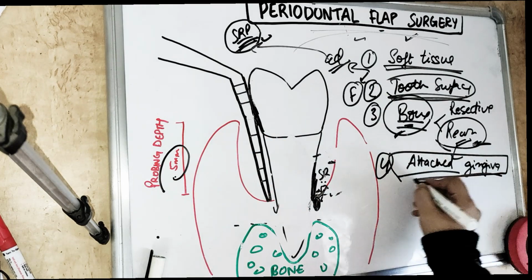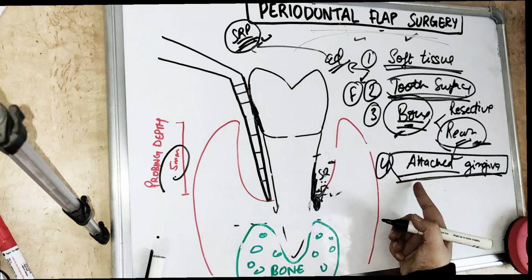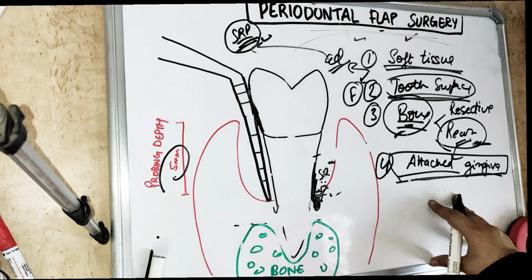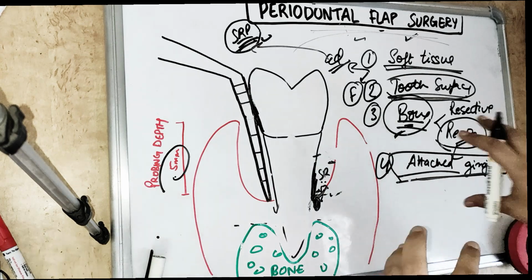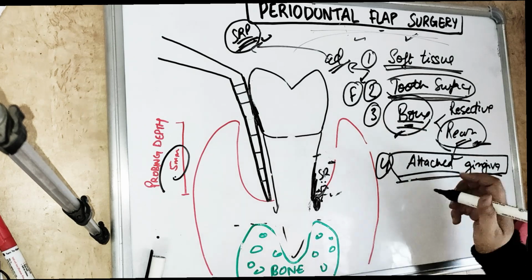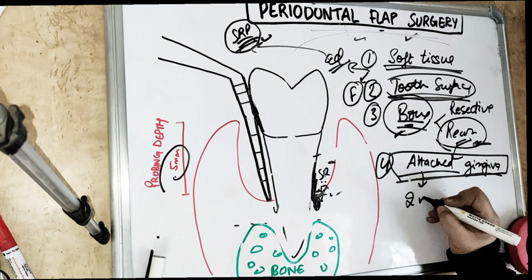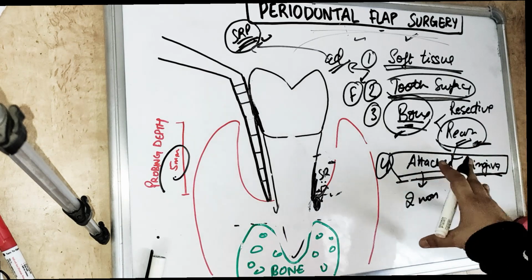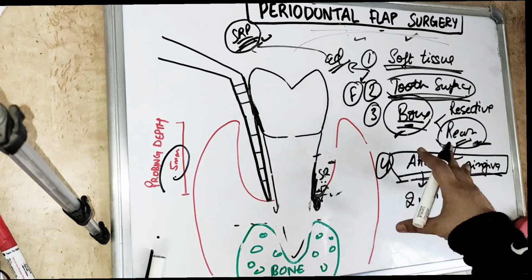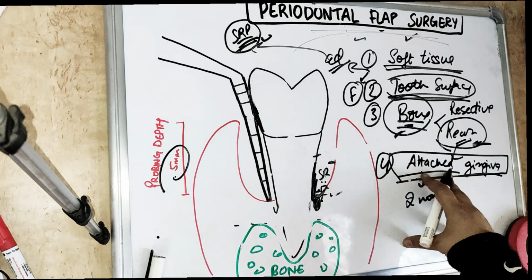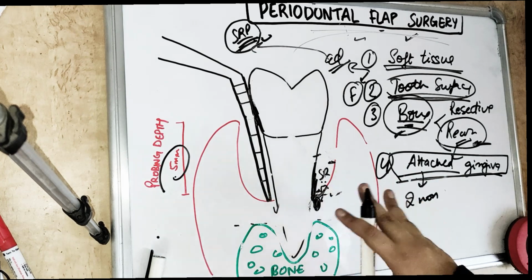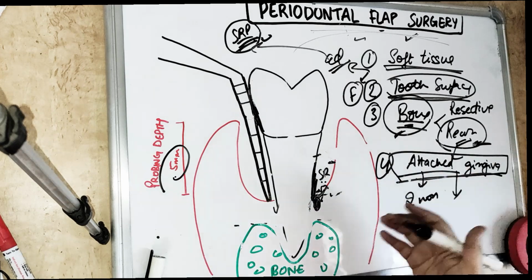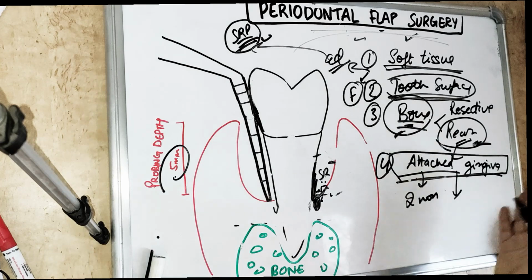If there is inadequacy of attached gingiva, then before surgery you will make it adequate, so you will go for vestibular deepening procedures. First you will plan for the adequacy of the attached gingiva, and after 2 months, when the attached gingiva is adequate, you will plan the flap surgery and then proceed. This adequacy of the attached gingiva tells us how many stages we need to plan for the surgical procedure, whatever the desired result we want.